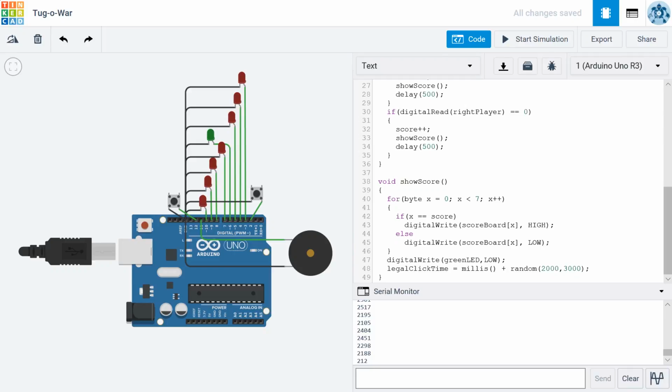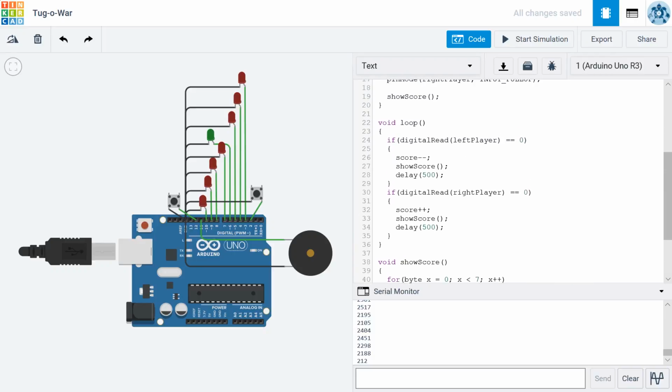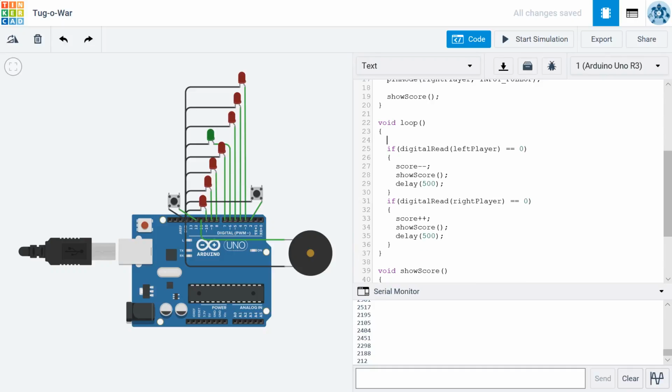So this code will cause the green LED to be turned off right here. And then the legal click time is going to be increased by whatever the millis is plus this random number. Next, in our loop, we need to add, so I'm going to go to the top of my loop right up here, and I'm going to add if